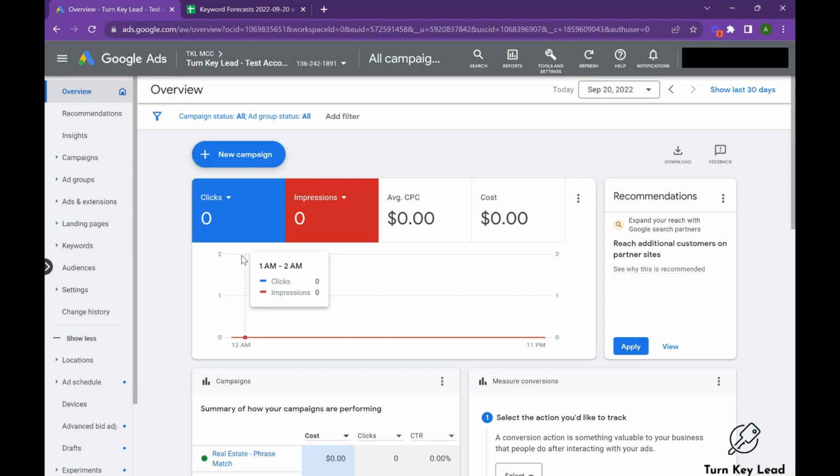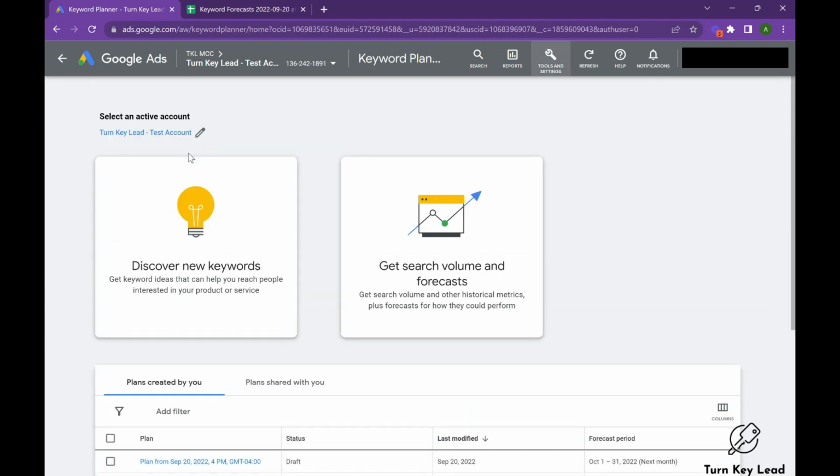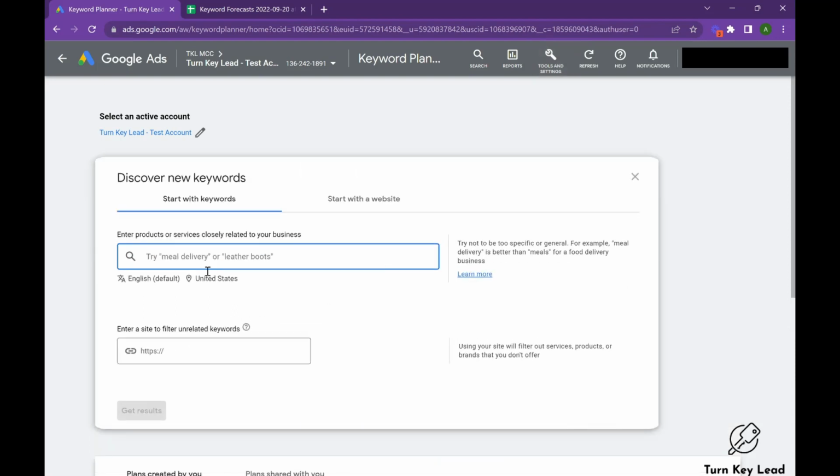So we're going to go into the keyword planner in Google and parse out the terms that we like, right? And then we'll put them into the campaigns, and we'll walk through that in a bit. So hit tools and settings, hit the keyword planner. And the reason why I like to use the keyword planner, it's a free tool, but it gives you a lot of great in-house data on like what your cost per clicks are going to be, what geos work, and things like that. So you're going to hit discover new keywords,